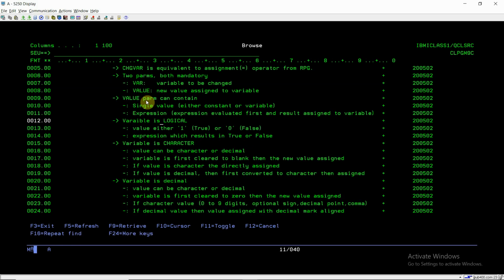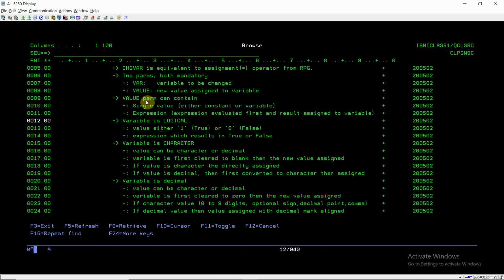The first is the logical variable. A logical variable will contain either 1 or 0, meaning either true or false. Except these values, we cannot assign any other values to a logical variable. We can also assign an expression which results in either true or false.